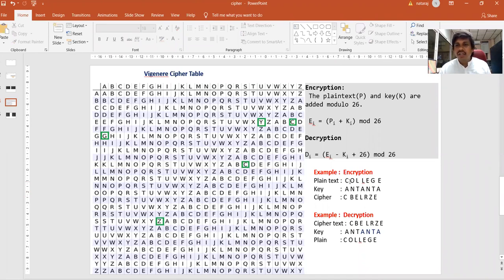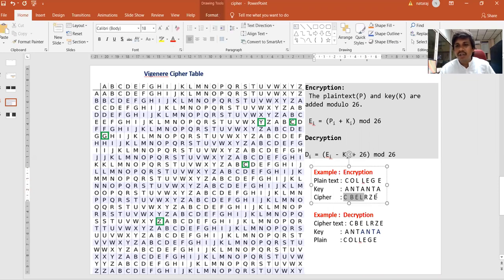So how you're getting this encrypted text is, you're getting the ith character from the plain text, adding the ith character of the key text, and performing the modulus 26 operation to get the encrypted character. C and A gives you C, O and N gives you B, L and T gives you E, L and A is L, E and N is R, G and T is Z, E and A is E. So this is your ciphertext.